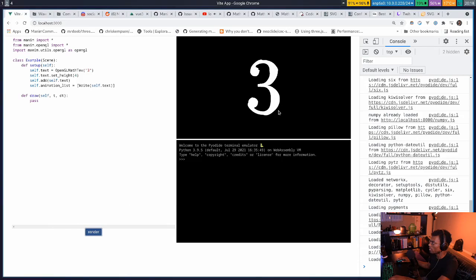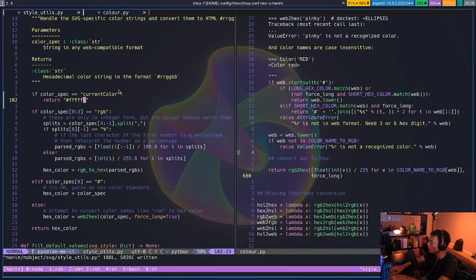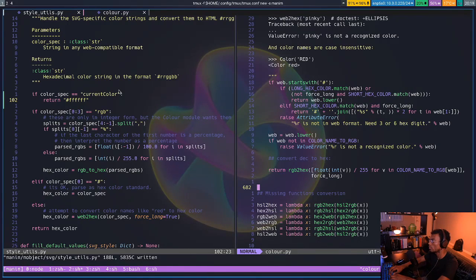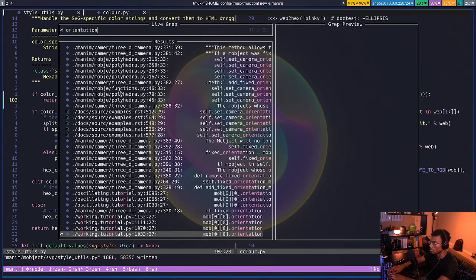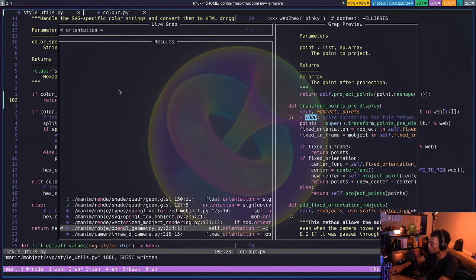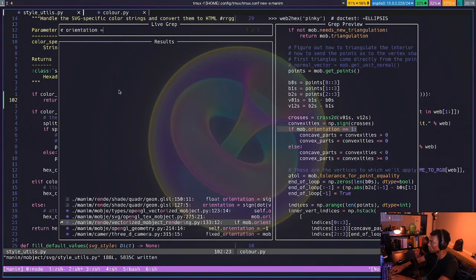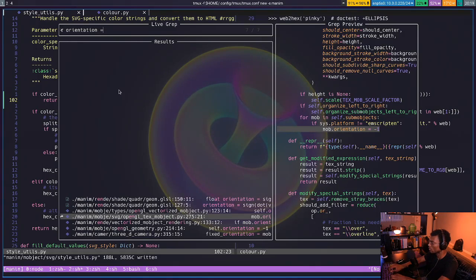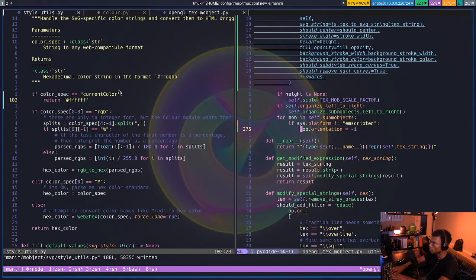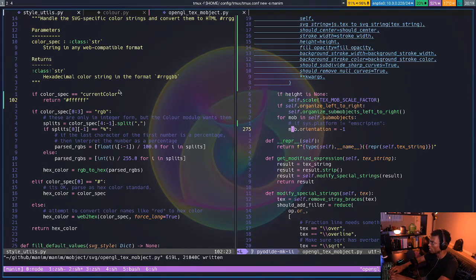I think this part looks smoother with the orientation flipped, but everything else is pretty much terrible. I forgot where that even was. Here. If I flip it again,